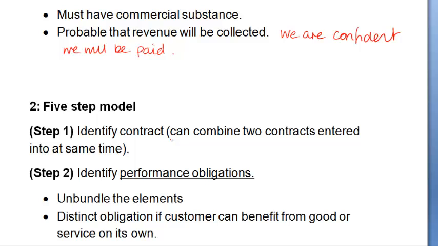So the first thing we do is we simply say, well, do we have a contract? Do we have 2 parties who have got some obligations towards each other? And that can be very, very simple. I've just ordered a car, and the contract says I agree to pay the car dealership, and they agree to supply me with a car. Simple contract, isn't it? But we've identified that as the first stage.